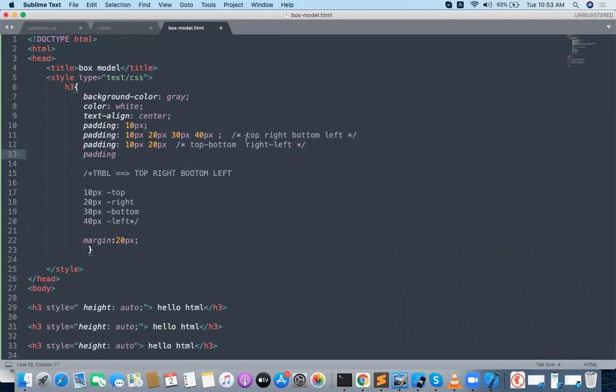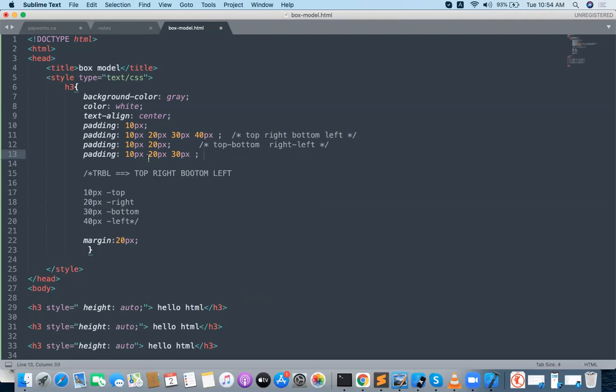Some people write three values in real time. Suppose some people do it like this: 10 pixel, 20 pixel, 30 pixel, with a semicolon over there. Many people write with a single value, but some people want to go to the individual level, meaning they want to set the four corners differently. Some people want one value for top and bottom and one value for left and right, and some people go with three values, which are very simple.